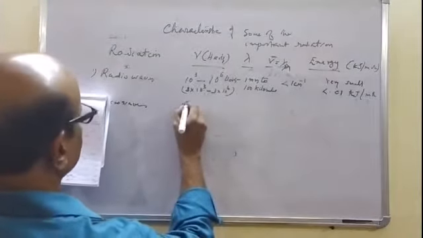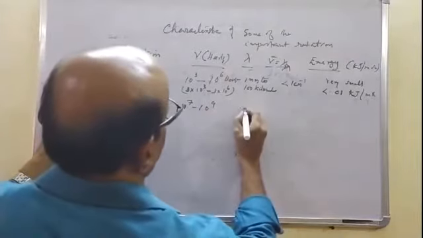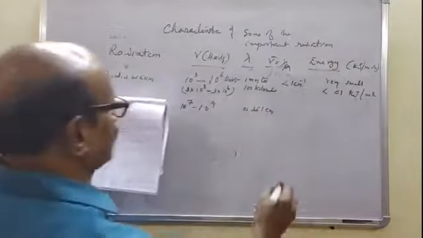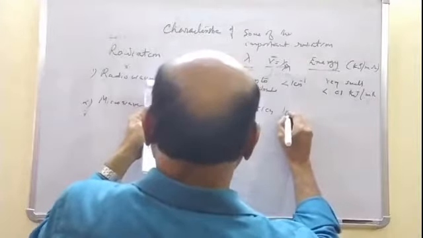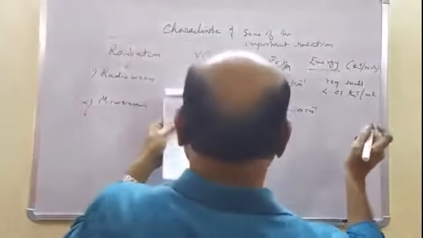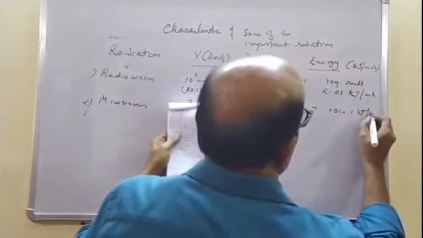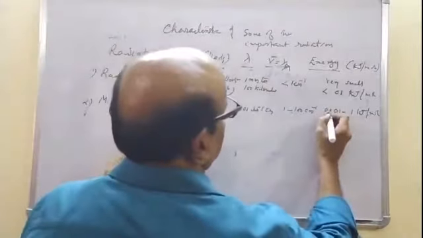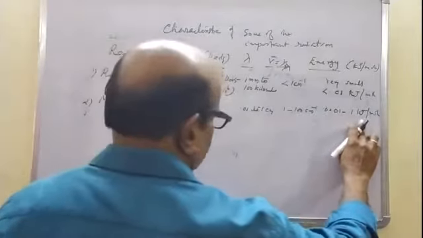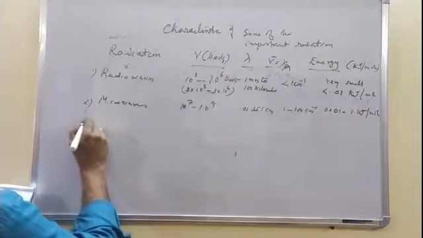That comes the range 10⁻⁷ to 10⁻⁹ cycle per second, and its wavelength 0.01 to 1 centimeter, and it is 1 to 100 centimeter inverse is the wave number and energy 0.01 to 1 kilojoule per mole. The energy appreciably 1 kilojoule per mole. They are comparatively low. Microwaves energy is 0.01 to 1 kilojoule per mole, but they are very heat radiation. That is the only bad thing. Then 3,